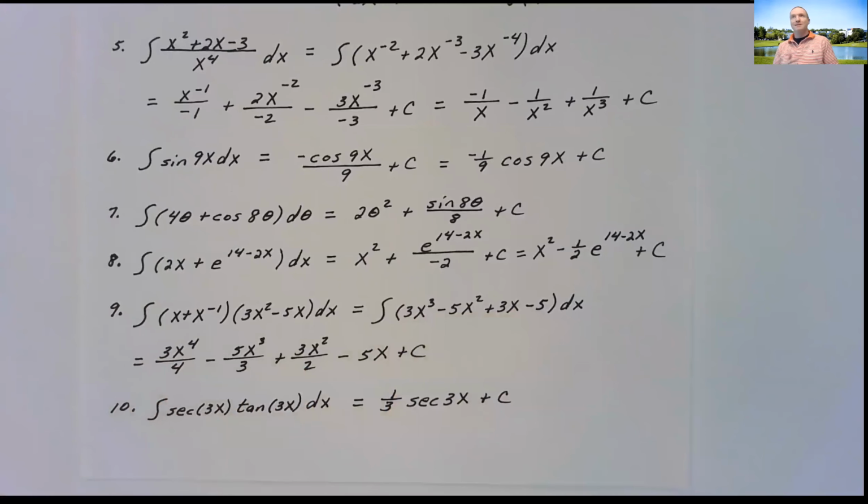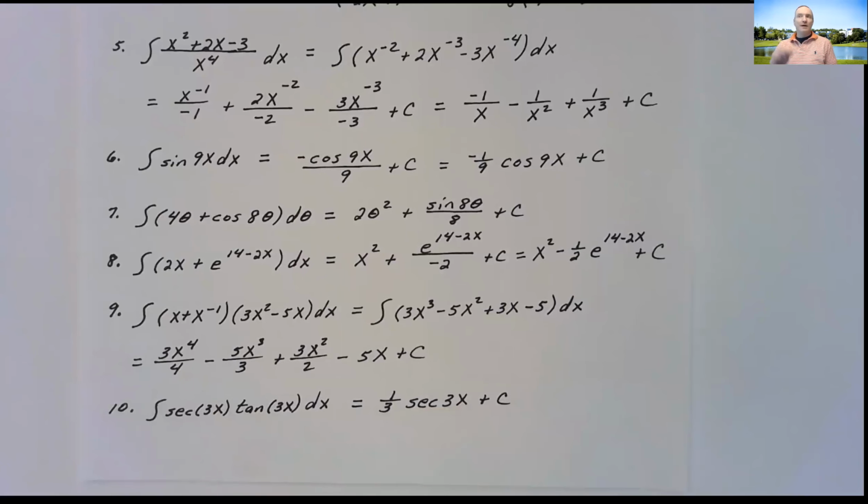Now, for the next one, again, I'm asking you to recall your Calc 1 derivatives. You say, what could I take the derivative of and get a secant tangent? You say, well, I know that the derivative of secant is secant tangent. So the integral of something involving a secant tangent has to be a secant, and you never ever mess with the angle. So the angle is still 3x, but then you say, yes,